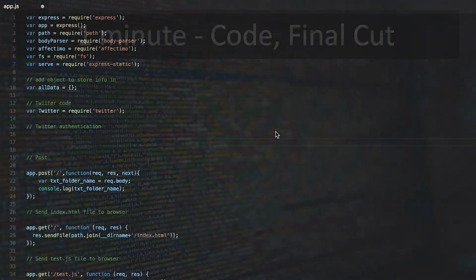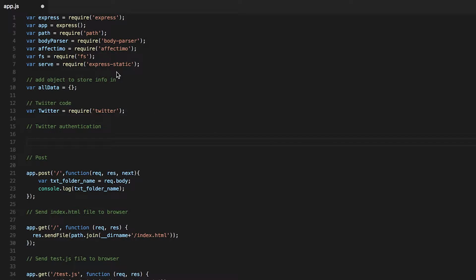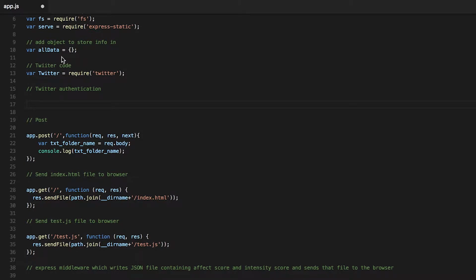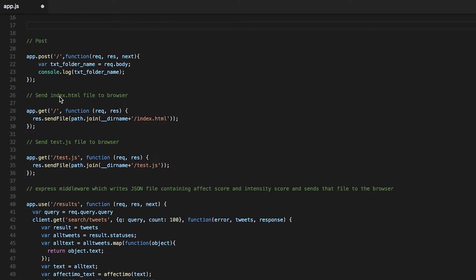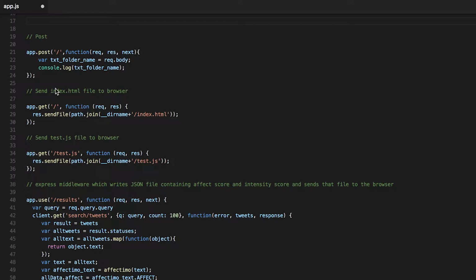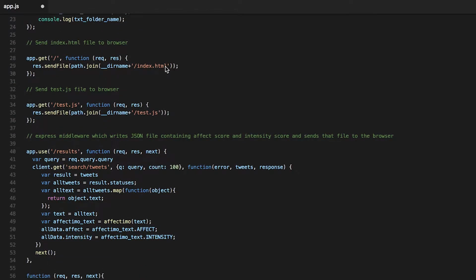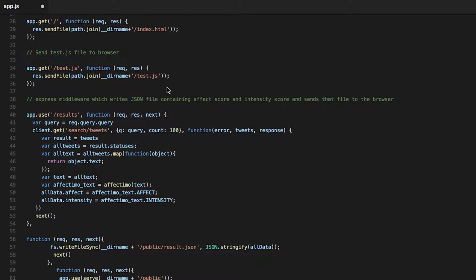This is our file for our app. You can see that we require all of our packages that we need. We create this object to store data into, and then we move into our Express. So here we're basically creating these files in the browser or sending them to the browser, and then we move